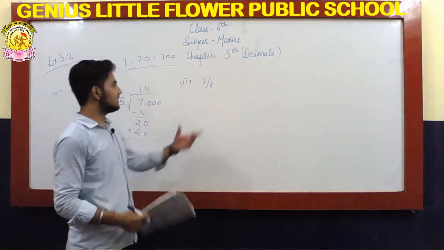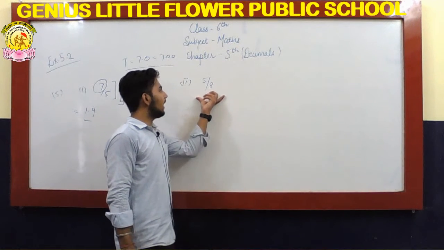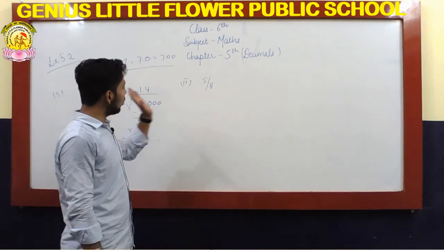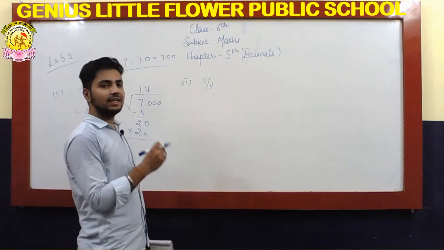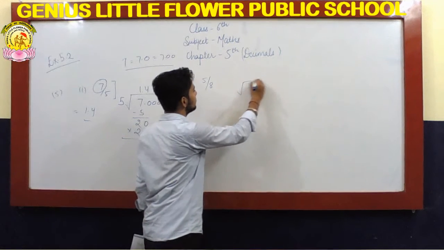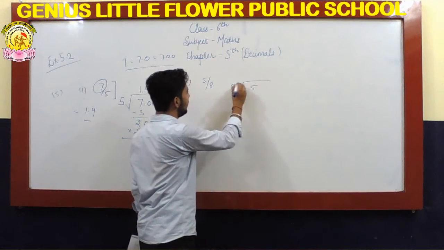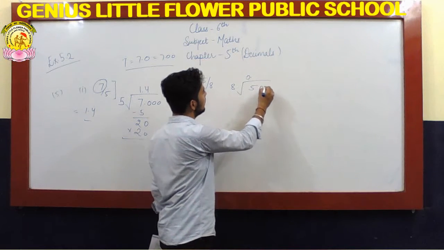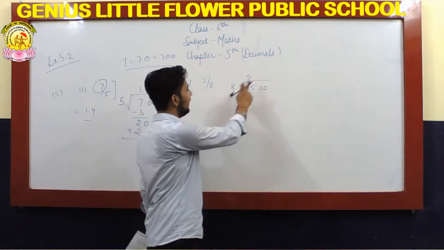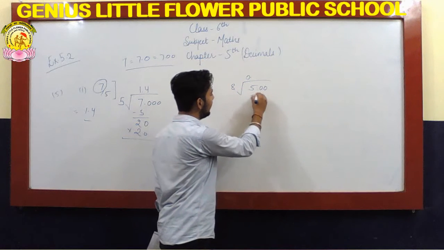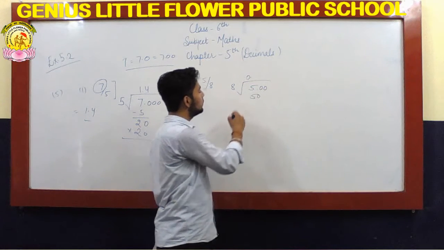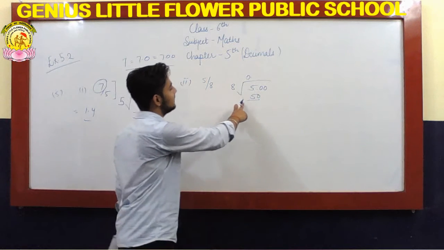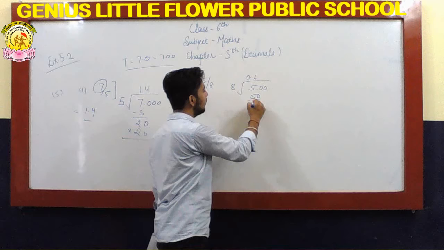Similarly for the next, this is quite different, because in the numerator we have a smaller term than the denominator. So what you will do is follow the same procedure again, but you have to place a decimal first. So you will place 5 inside and 8 outside. You have to place a decimal so that you can use zeros after the decimal. So 8 into 50 here, and you have to divide. So calculate the term in the 8 table which is less than 50, which is 8 sixes are 48.